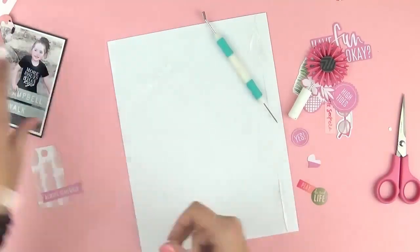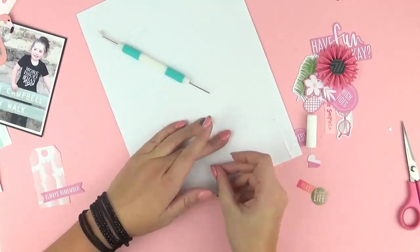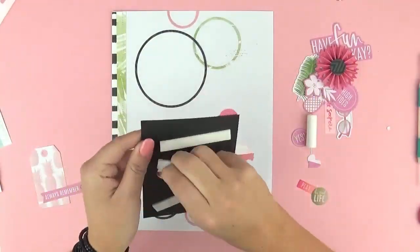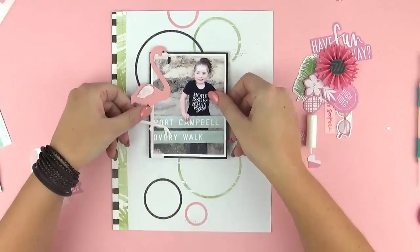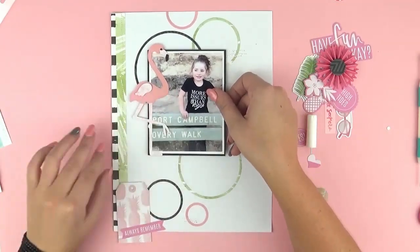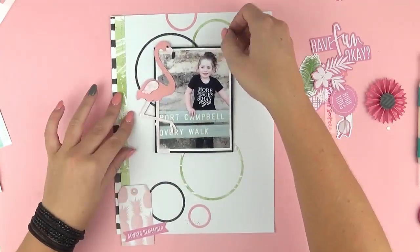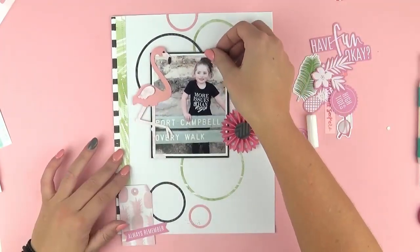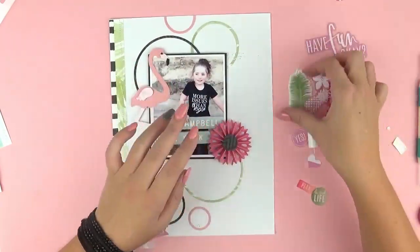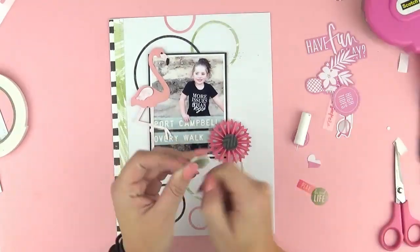And then I added some machine stitching off camera. My sewing machine isn't in a position where I can show it on camera at the moment, so yeah, I've done that off camera. With the sewing, I added some zigzag look to portions of the circle pieces, as well as just vertically down that edge. I'm going to add my photo and the little rosette that I've made,